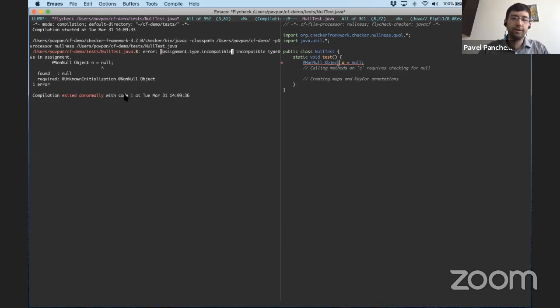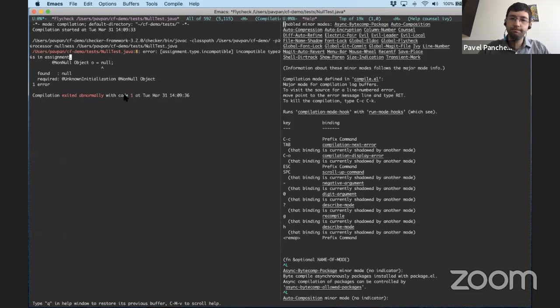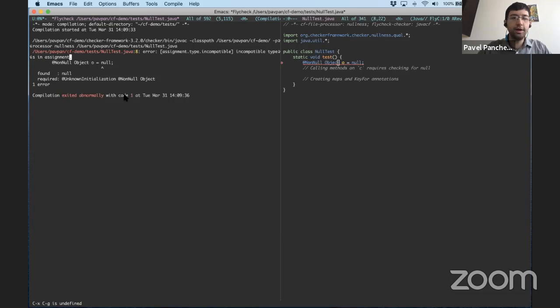The error says that the types are incompatible. What is incompatible is that we have null, and we are trying to store it into something that is NonNull, and naturally null is not NonNull. So it flags an error here.